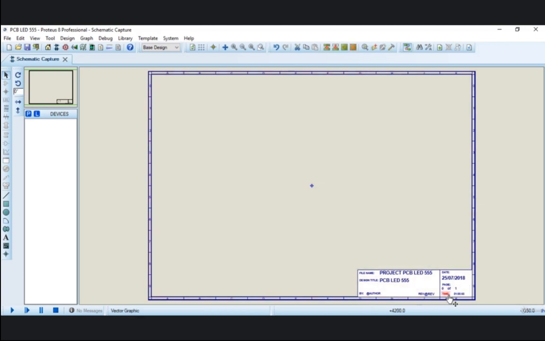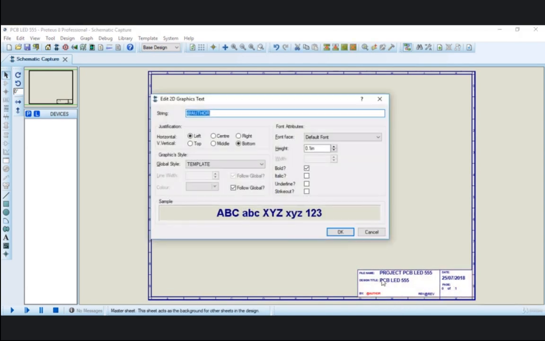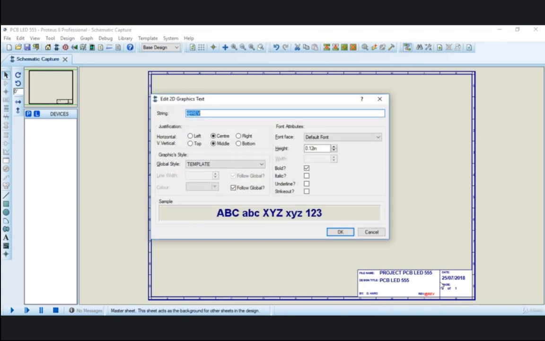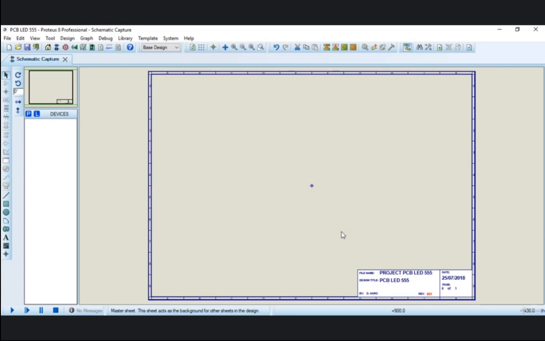Delete the other items by clicking on them and pressing delete. Double click, and then you can also change the revision. So here's our master sheet, or the root sheet.